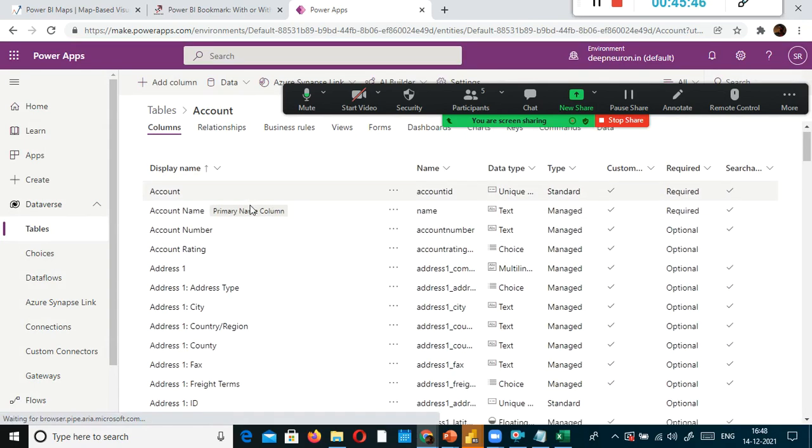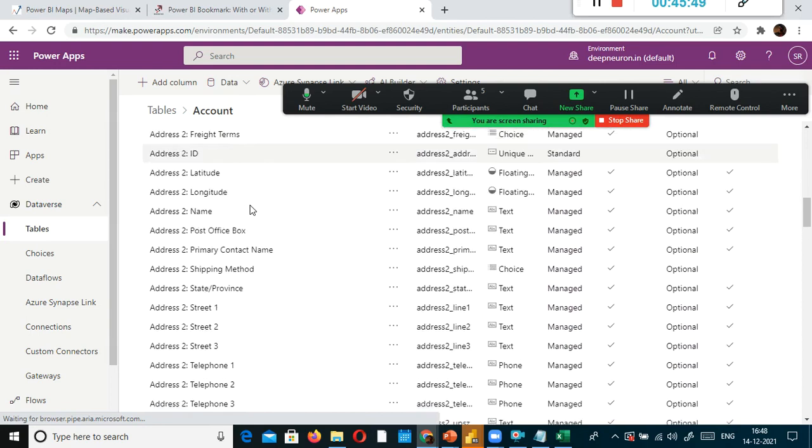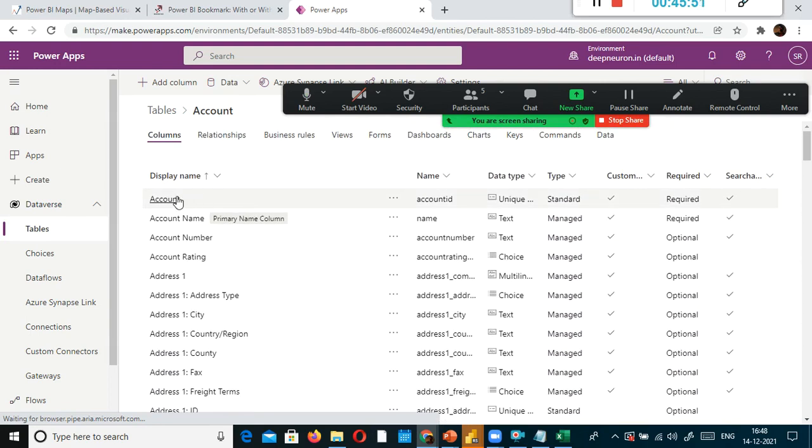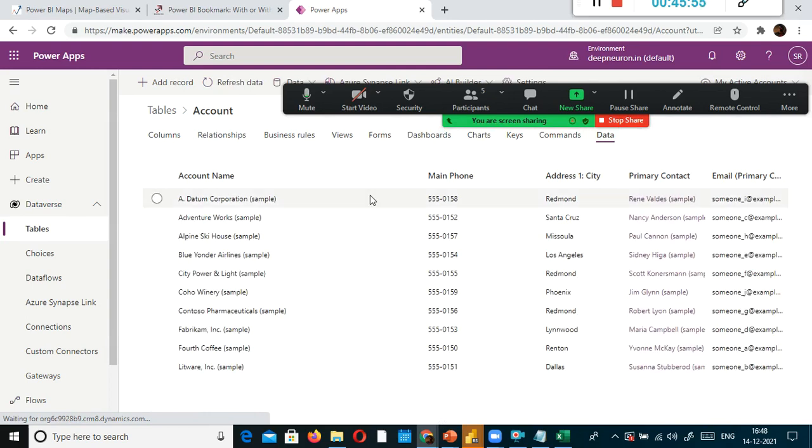At this moment we'll see what all the columns are there. So many columns are there in this account table. Someone already created a set of tables, and when you select data here for the account table, you need to click this one to view the columns, what data is there in that table. So this is the data available there.